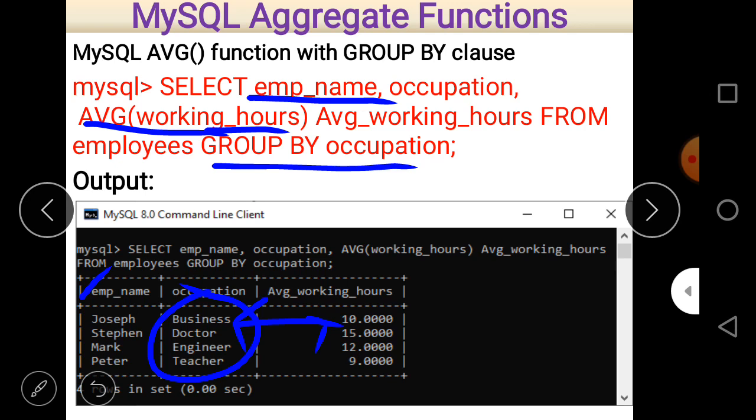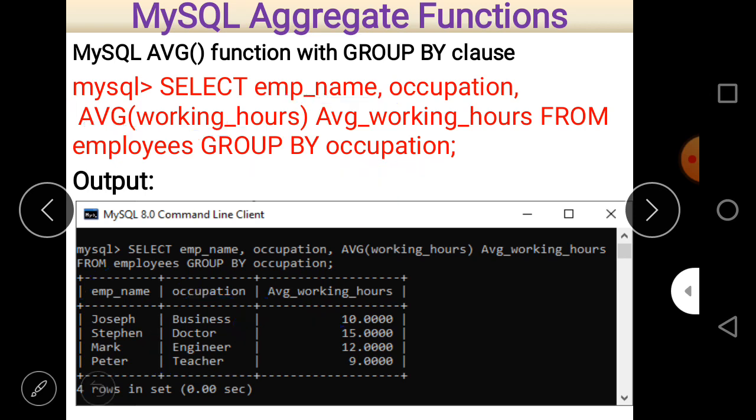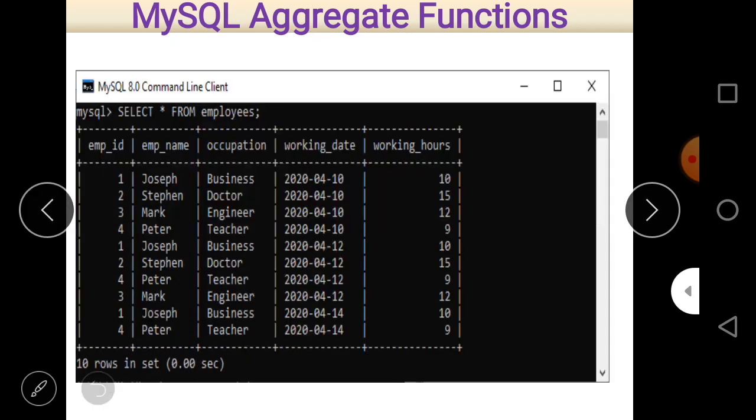But our main concern is the condition on behalf of which the group is formed, and the average, the aggregate function passed within the parentheses of the average function. So here you can easily see that on the basis of occupation, we make certain groups and then calculate the average of that occupation.